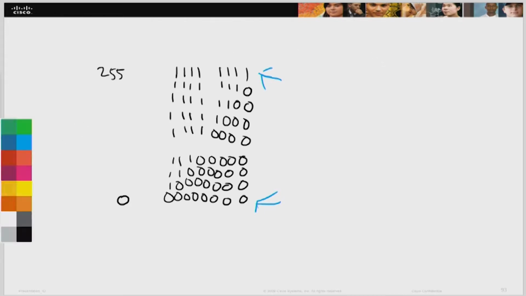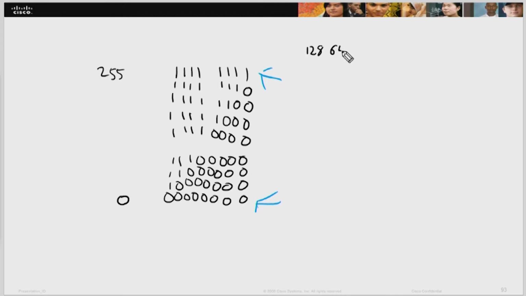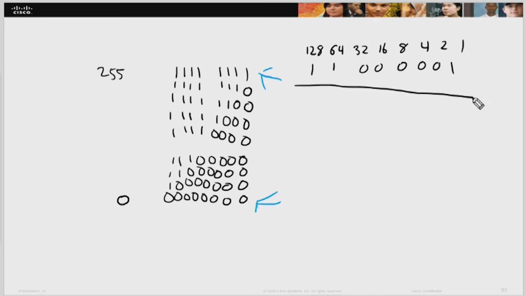In order to do that, I really need to see what the values of the placeholders are. This 1 right here, what value is it? What is this value of a 1 in decimal? It turns out we can express that in terms of decimal as 128, 64, 32, 16, 8, 4, 2, and 1. So if I were to put 11000001 in here, and I want to convert it to decimal, I simply bring down the decimal value with its